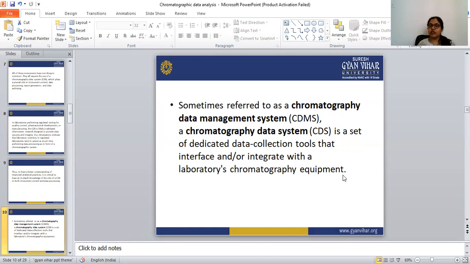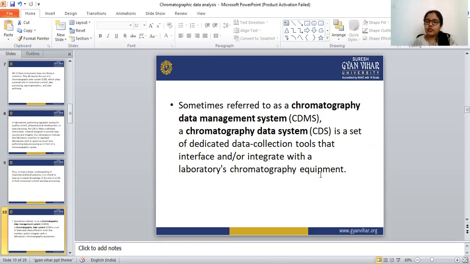This is the collection of data tools that interface or integrate with the laboratory chromatography equipment, meaning the computer or laptop in which the CDS software is installed is connected with the chromatographic equipment, such as the HPLC or gas chromatography, whichever instrument is there in the laboratory.